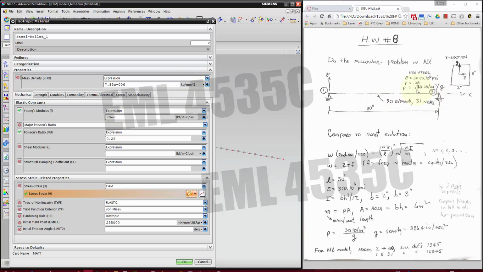If you do it this way, rho equals 0.3 divided by g, gravity. The pound here is pound force. That would be equivalent to pound force per cubic inch, then divided by g gives you second squared per inch. So it should be 0.3 divided by gravity, which here is